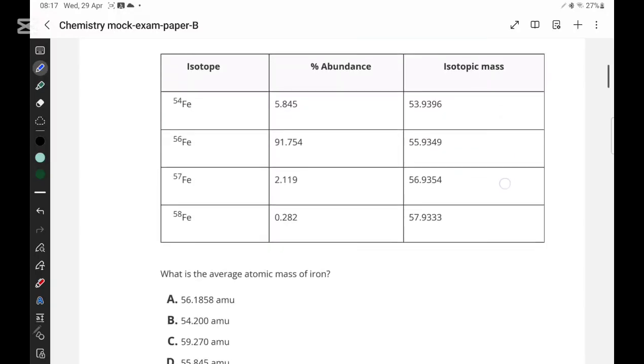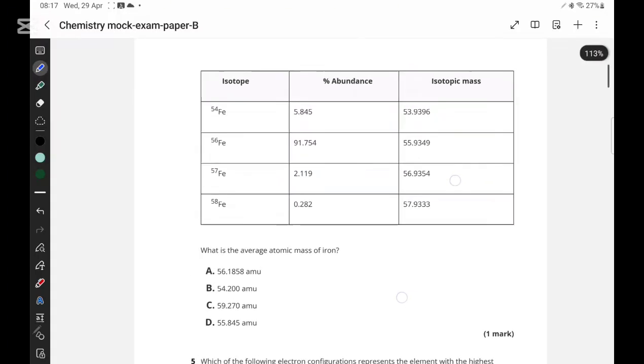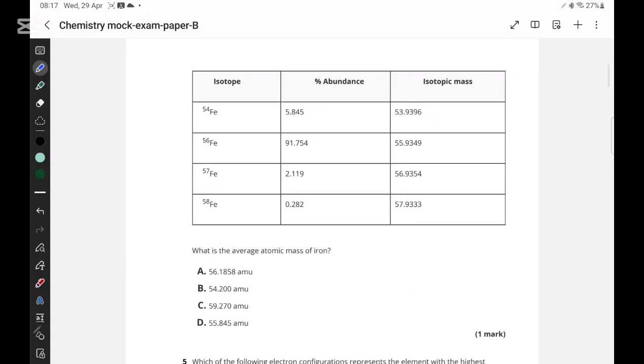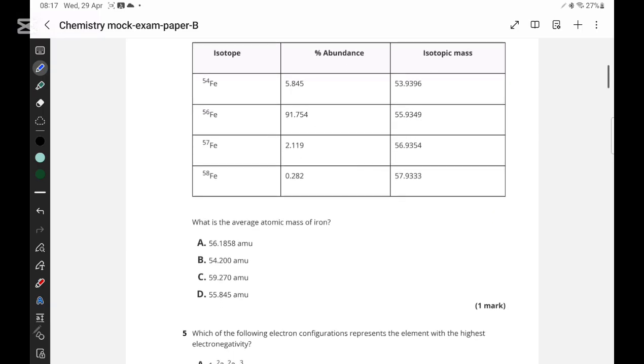Now, for the next question, they are saying, what is the average atomic mass of iron? You are given the isotopes and their percentage abundance. So first of all, let's see how we are going to do it. First, we have isotope 54, Fe-54. You are going to multiply its percentage abundance, which is 5.845, times the isotopic mass, that is 53.9396, plus you are going to do